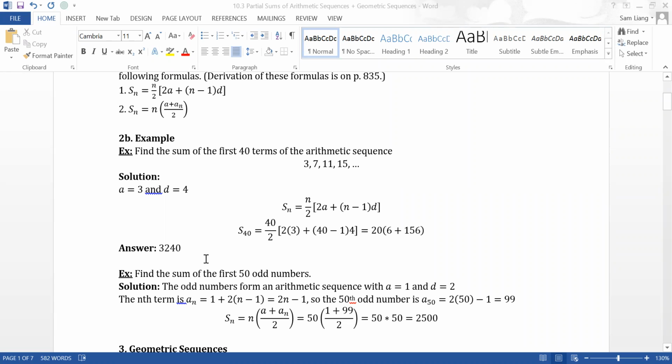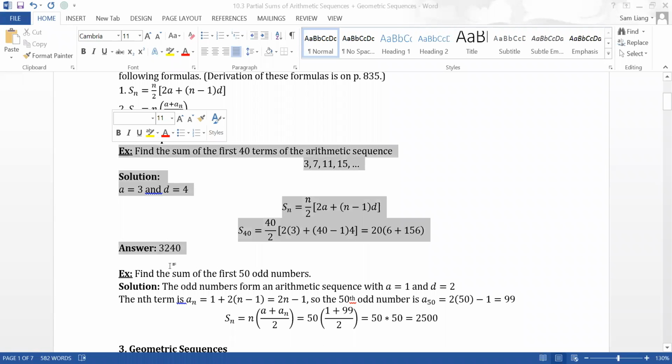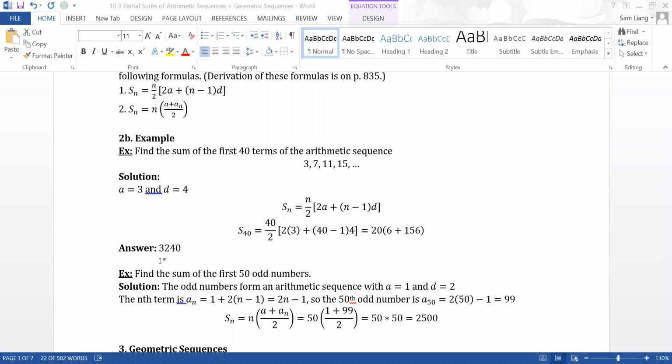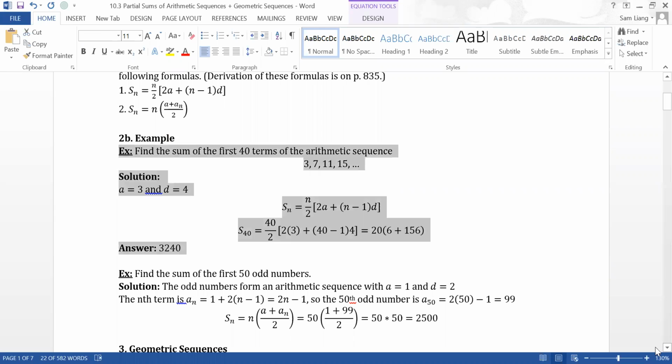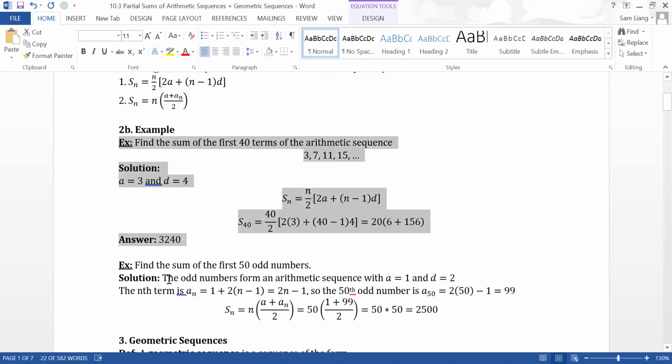Okay, give you another moment to copy this, and then we'll go into the next example. Okay, next we have find the sum of the first 50 odd numbers. And here, just think about this for a sec. They don't explicitly give you the sequence, so we have to think about what the first term is. It's going to be 1, right? a is 1, and then the common difference is going to be 2, right? Because from 1 to 3 to 5 to 7, the common difference is 2,